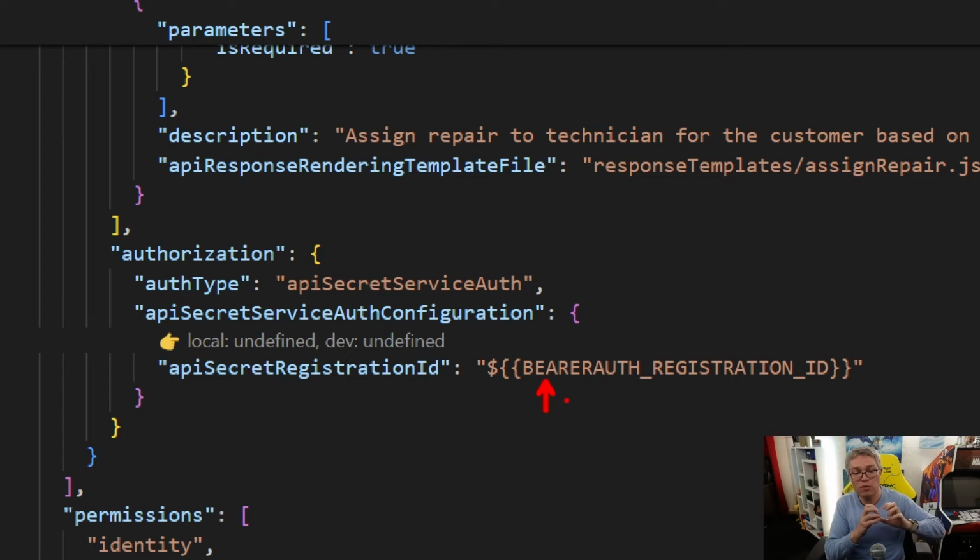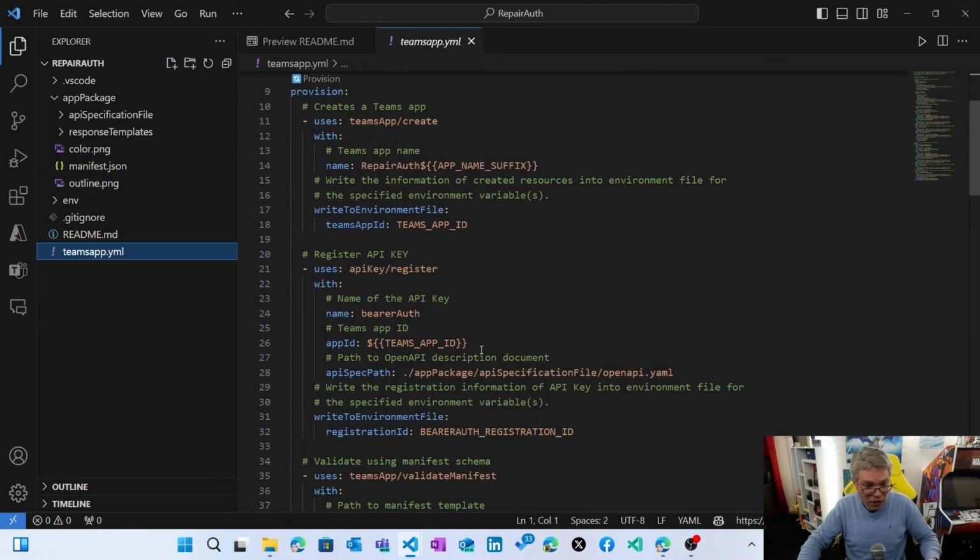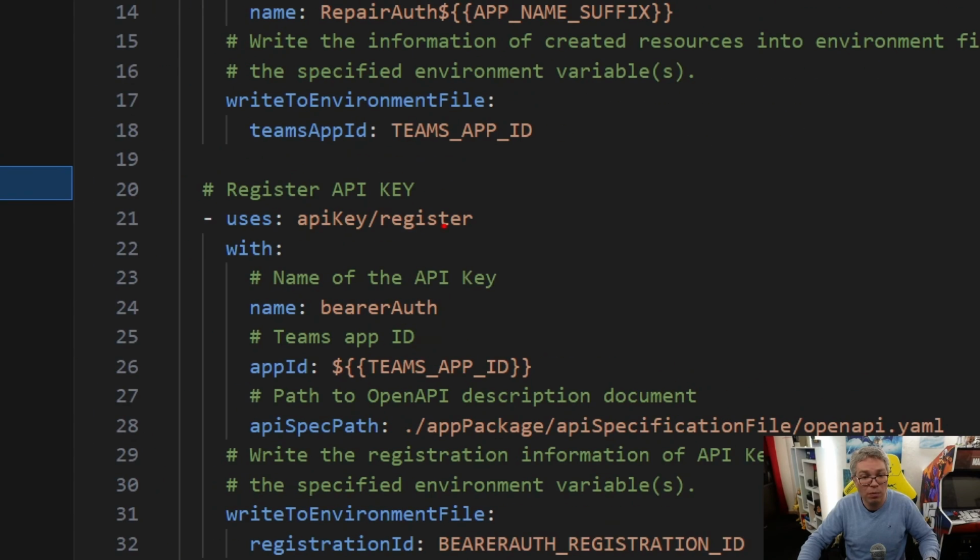So the Teams Toolkit will ask you the key and upload the key in our backend. And then, of course, the API message extension will work in a completely autonomous way. You will be able to use your key to call your API. So the key will be protected. We have also a specific new action in the Teams Toolkit to be able to register your key, so it will be called when you provision everything.